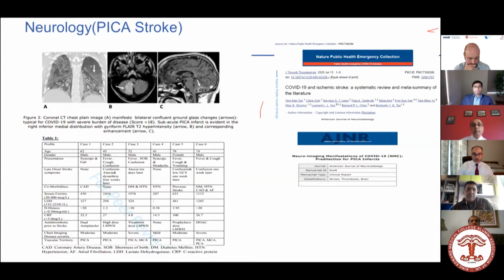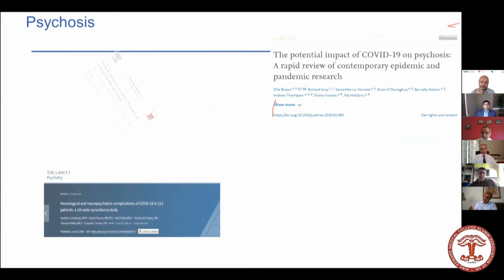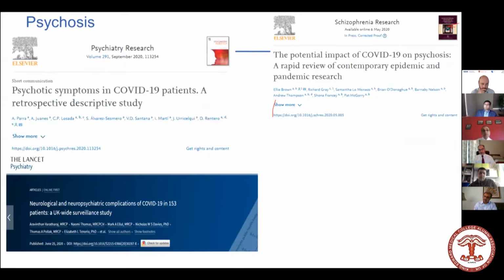So let's move on to something related to neurology, which is psychosis. Again, there have been different theories about psychosis and its relation with COVID. There are certain beliefs that maybe this is a grief reaction. Is it post-traumatic stress disorder? Is it because you are thinking you're going to get it and you get these psychotic episodes, where you can